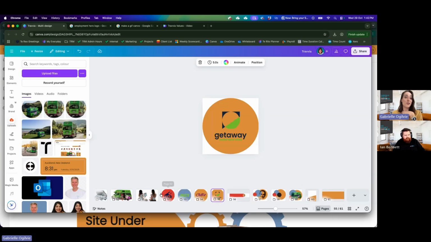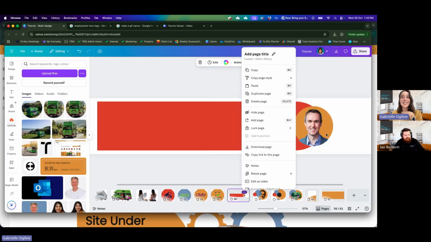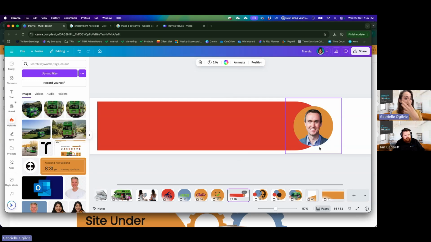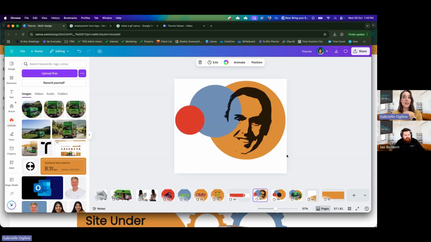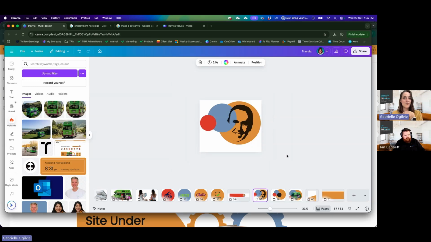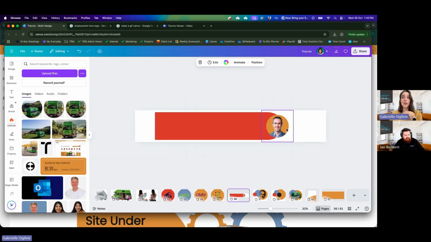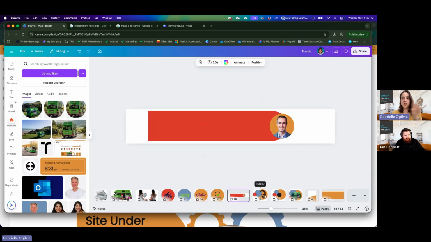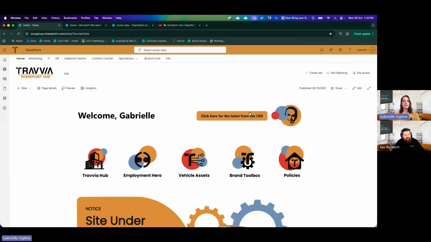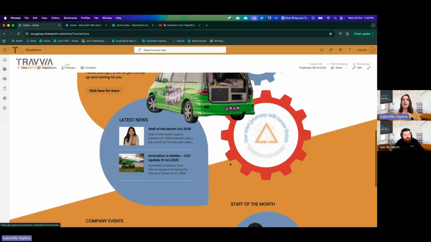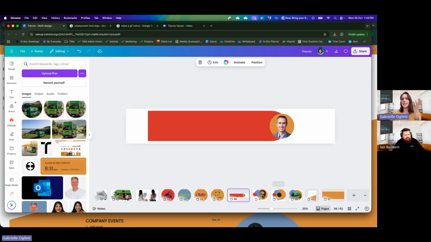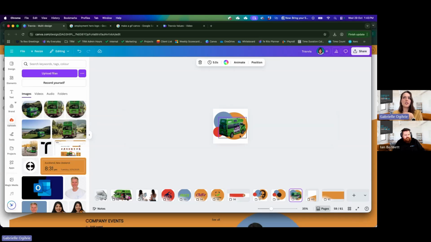You can also, the same way that you vectorize a logo, vectorize and turn images of faces into cool assets as well. So this is Simon Birkenhead, the CEO at Travia. We wanted to do a latest news from the CEO section, and that's why we did that. Here I can quickly show you. It kind of looks like that in the end, which I really like, and it gives it, again, that high class feel. And then you can just take every one of your assets and transform them into